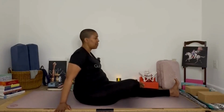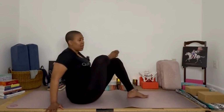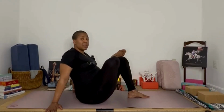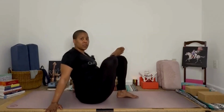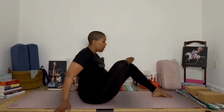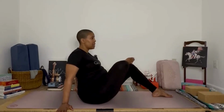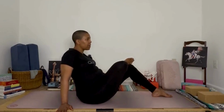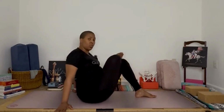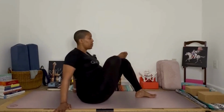And you can breathe there, or we can take our hands, pushing our hands into a locked position so that we have a nice stable base, and we can bend into our left knee. Now, when we're in this position, to deepen the stretch, bring that foot closer to your bottom. If you need a little less, take that foot a little further away. Be sure not to collapse into your upper body, but instead push the floor away and find your seated figure four. We're going to breathe in,